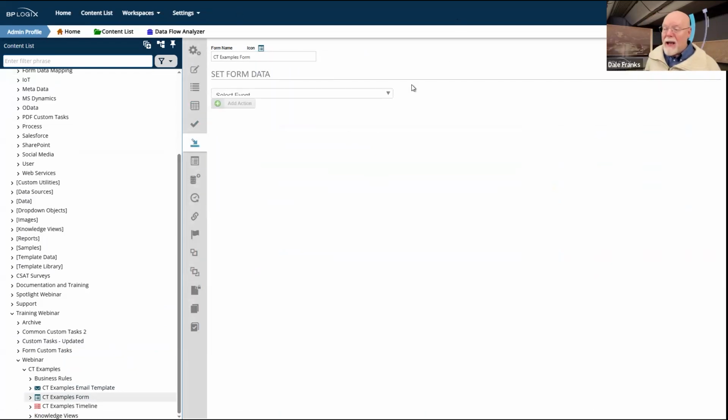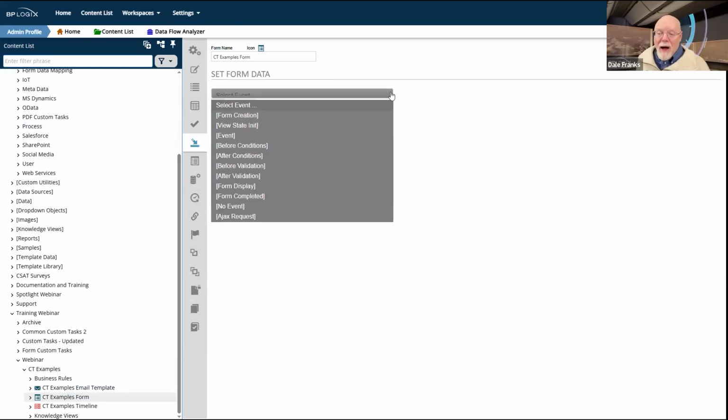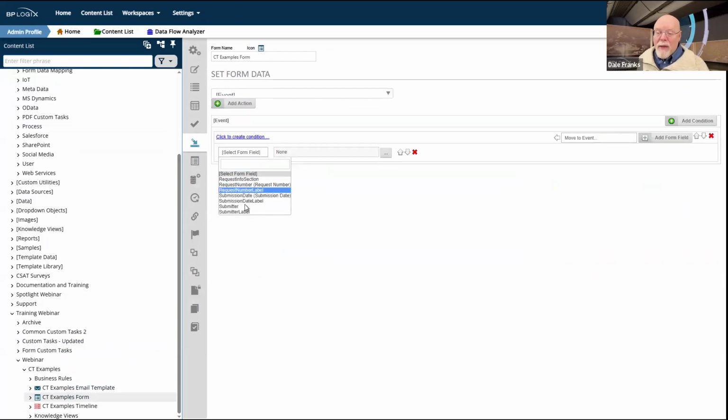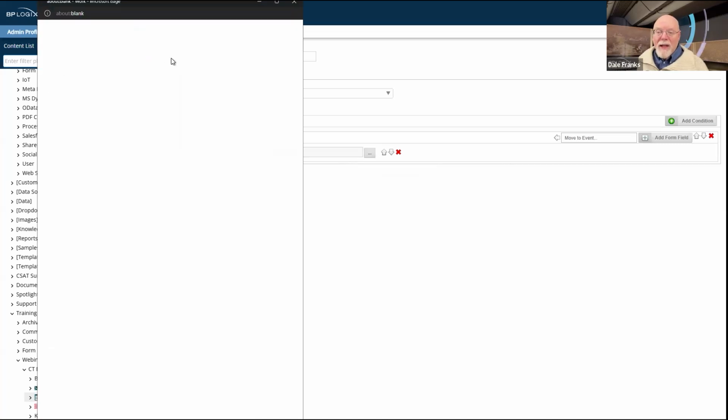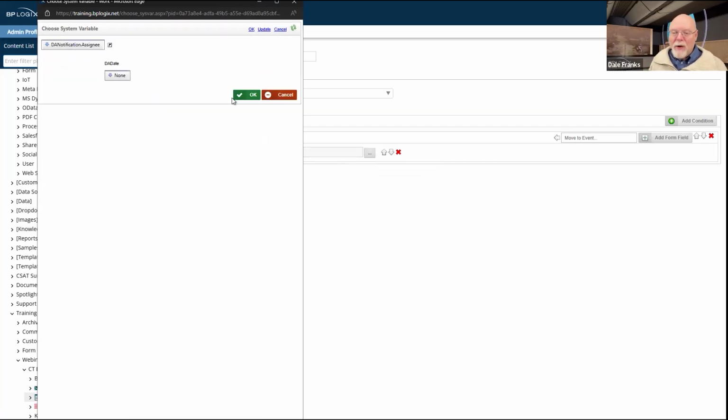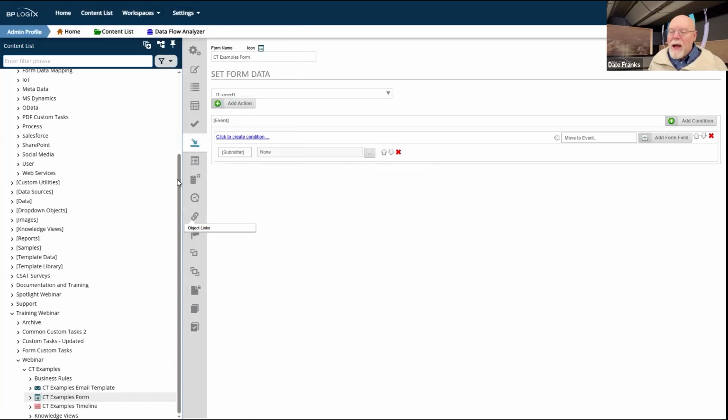There is a set form data feature built right into the form so that you can just select an event, add an action, and then pick the form field where you want to set the value of the data on the form. In most cases, you're doing it from a business value. So you just pick a business value and set that value inside the form.